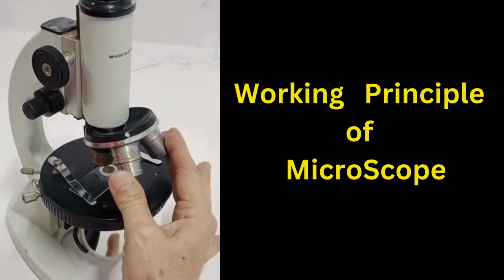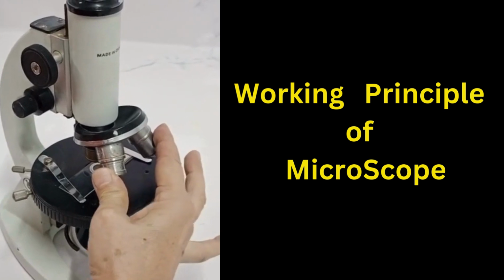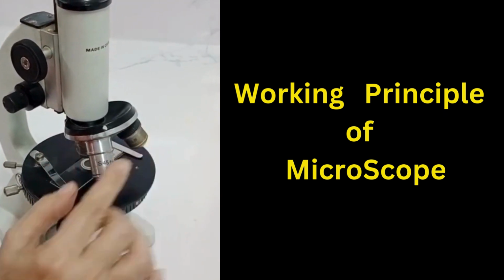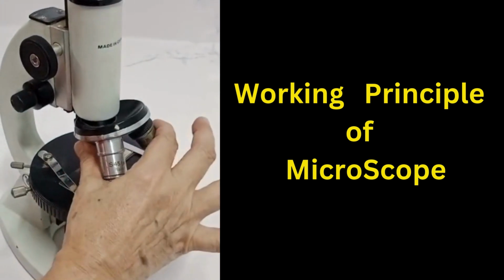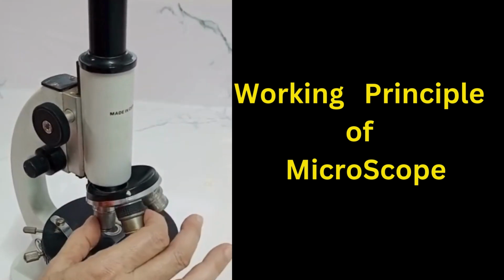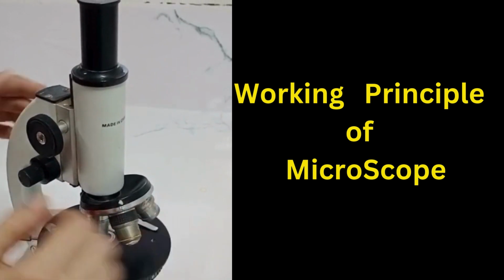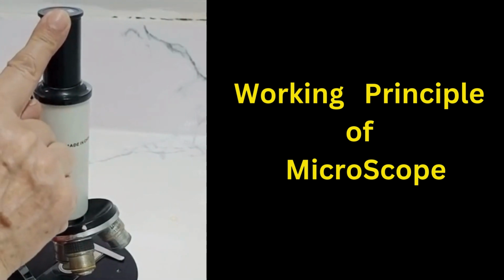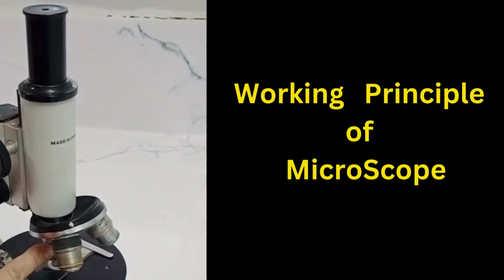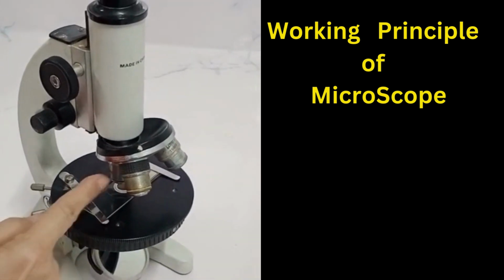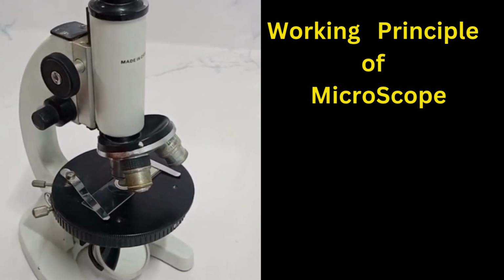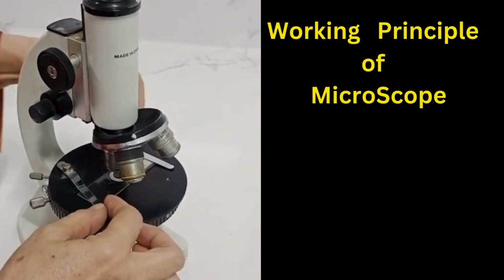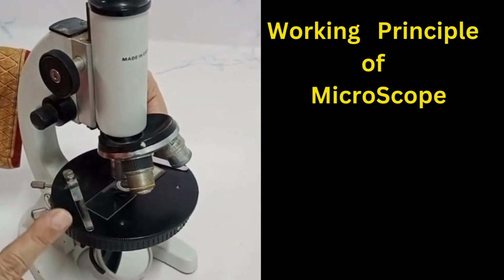And these objective lenses are also of different magnifications. There are 3 types of objective lenses and they have different magnification. The total magnification would be the magnification of the eyepiece lens and the magnification of the objective lens, so they will be multiplied. So this will be the total magnification, that is, the object would be that much size bigger than its original size.